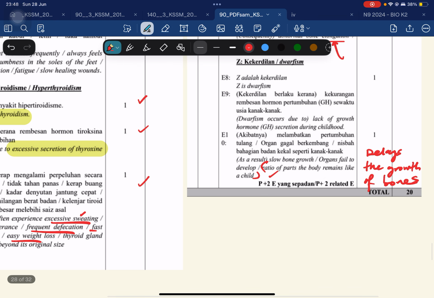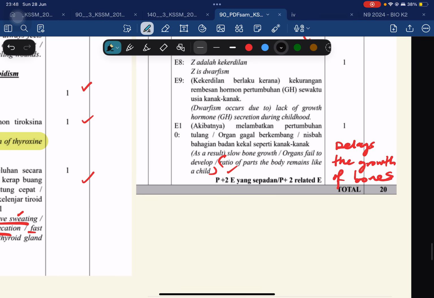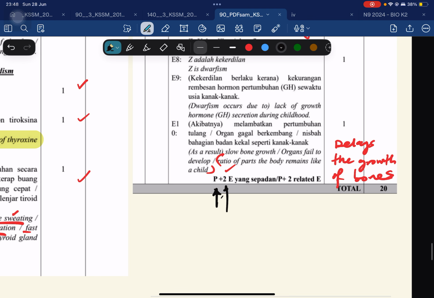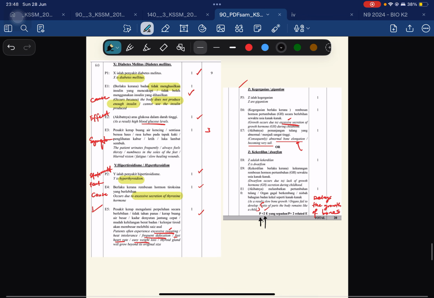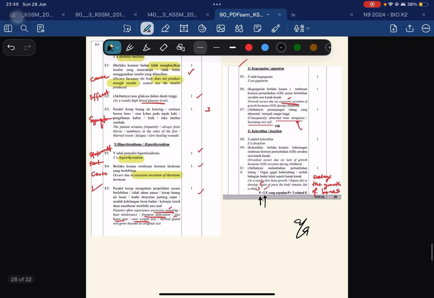Okay, so we look at the marking scheme. It says if you get 1 P, and also 2 E that are accurate and clear like that. It means one point, one fact, your fact is based on the textbook, and add 2 more explanations, then you get the marks. So 3 marks for each, we can get 9 marks. So actually it's quite easy for us to get the marks, is it? If you already know the context of it.